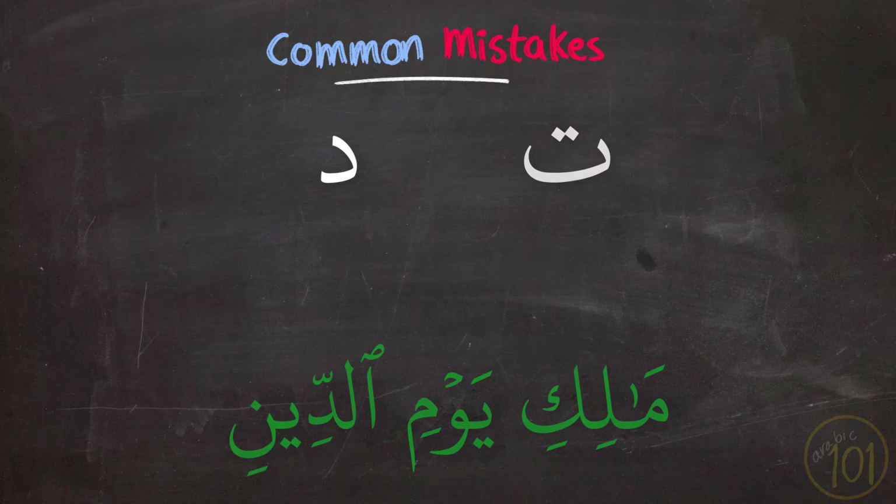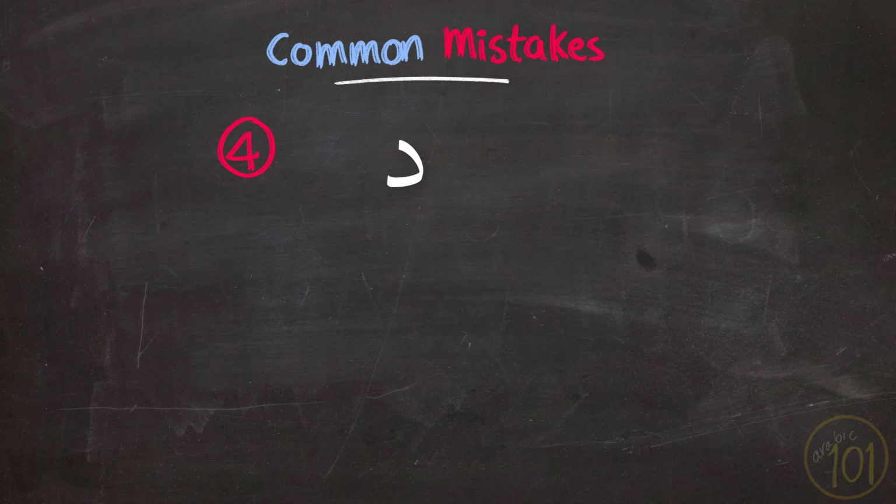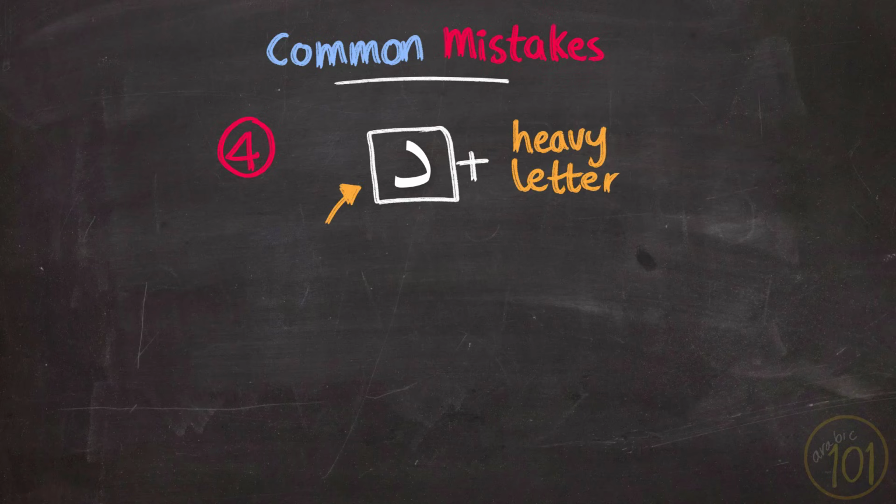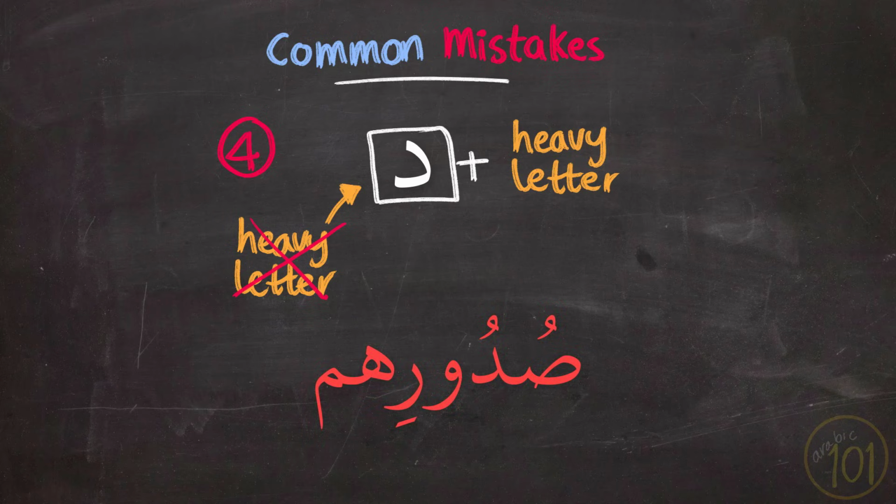Now here I didn't vibrate the dal enough, so it should be Maliki Yawmiddin. Common mistake number 4 is when dal is used after a heavy letter. And the mistake is that some learners pronounce dal as a full mouth or a heavy dal, which is of course not correct because dal is an empty mouth or a light letter. The mistake sounds like this: